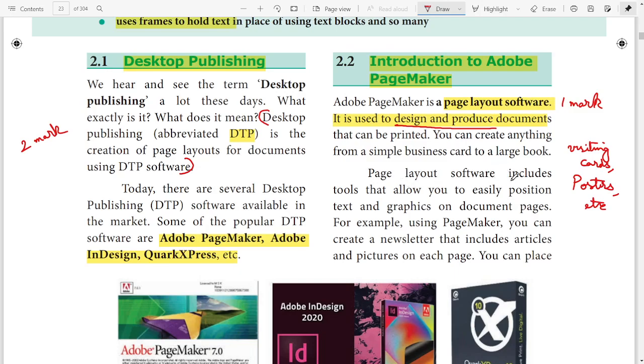Page layout software includes tools that allow you to easily position text and graphics on the document pages. These are the main functionalities of the PageMaker software. For example, using PageMaker, you can create a newsletter that includes articles and pictures on each page you can place.